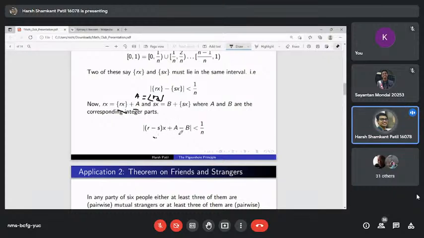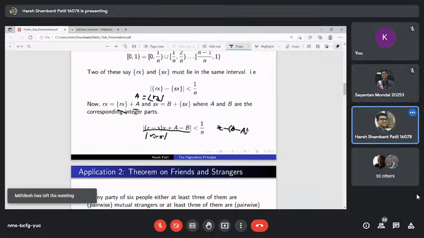What we will do is divide the whole thing by mod of r minus s, and what we'll get is that x minus (b minus a) divided by (r minus s) is less than 1 upon